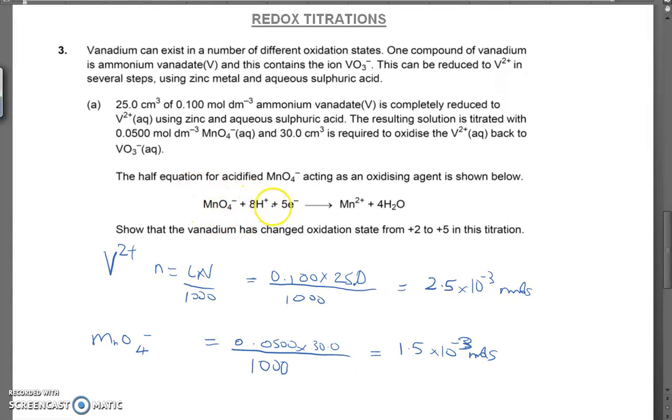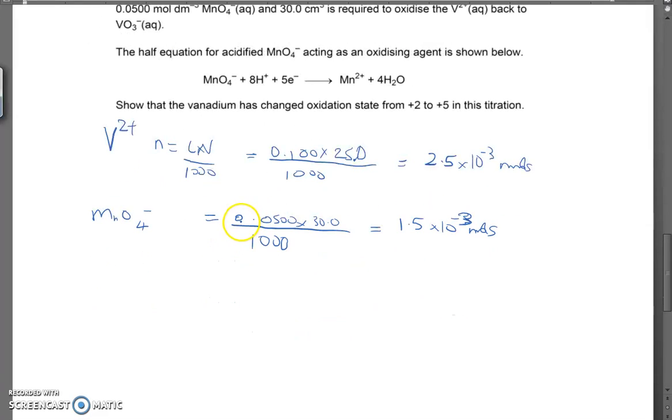So the manganate requires 5 electrons per mole, or 5 electrons per manganate ion. So what we can do now is calculate the moles of